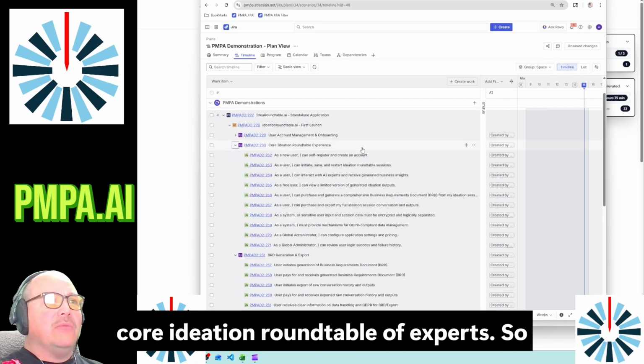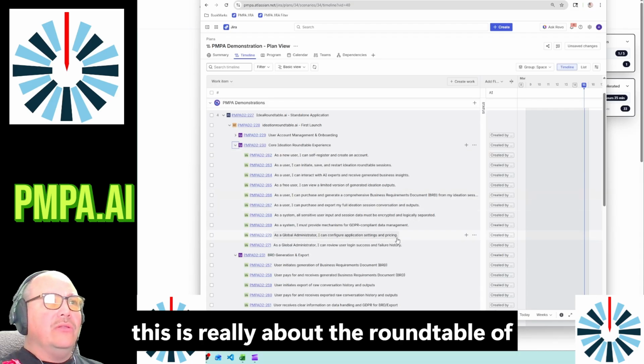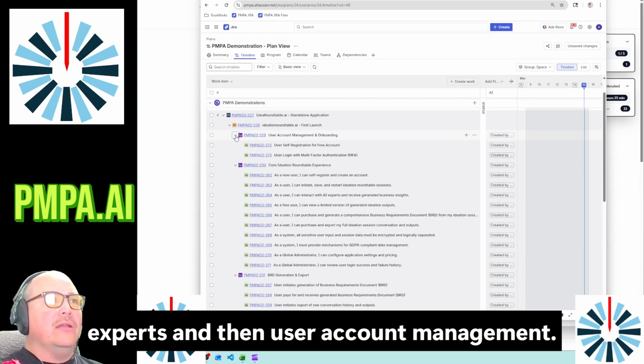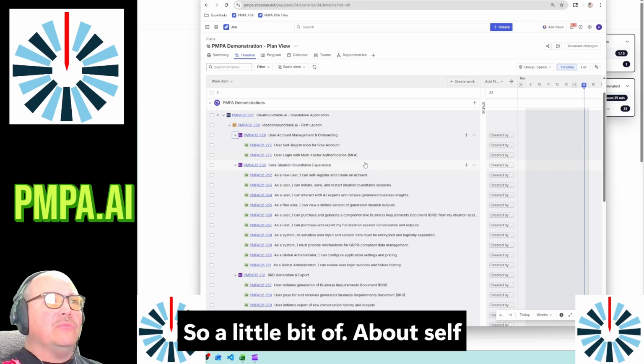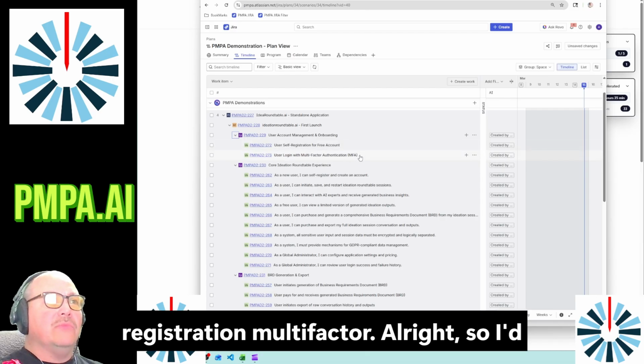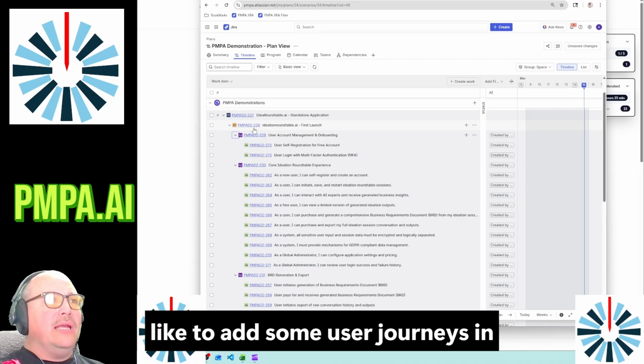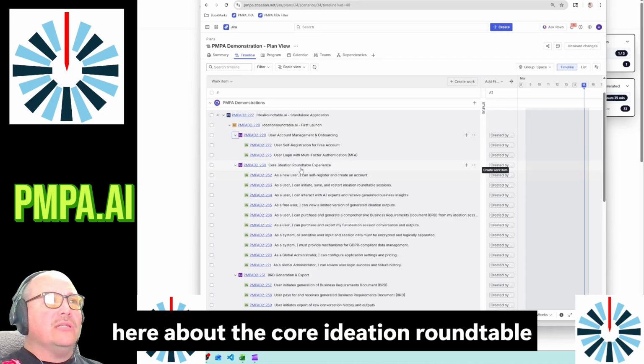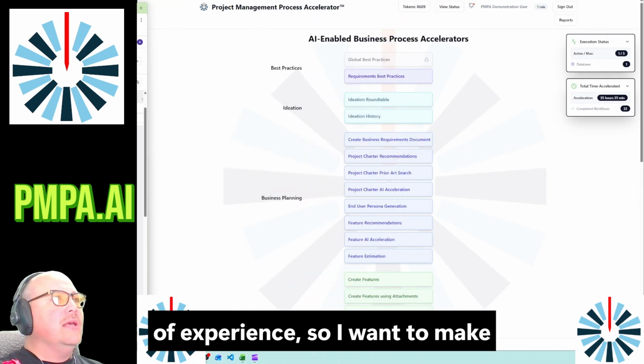Core ideation roundtable of experts. So this is really about the roundtable of experts. And then user account management. So a little bit about self-registration, multi-factor. All right. So I'd like to add some user journeys in here about the core ideation roundtable experience. So I want to make sure,